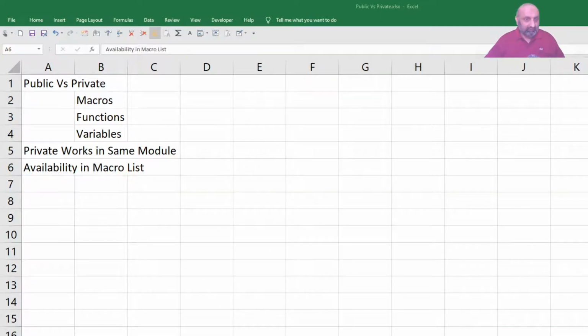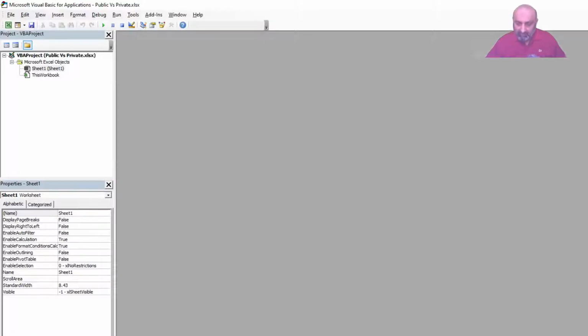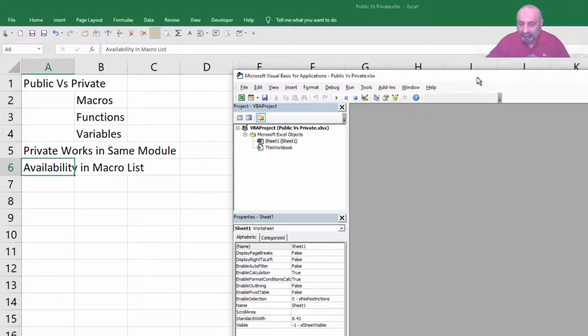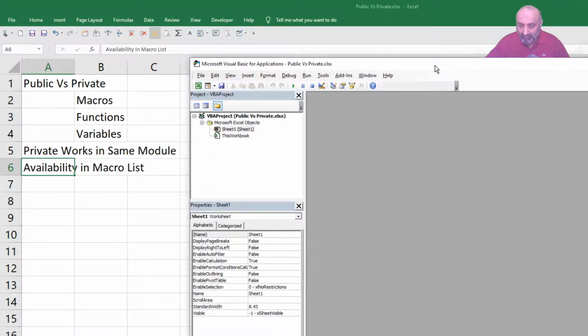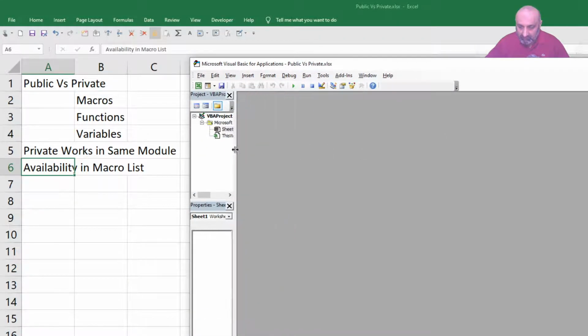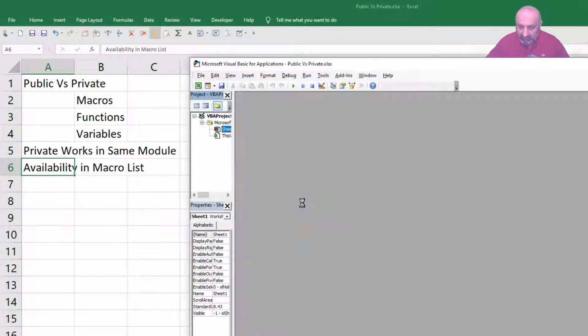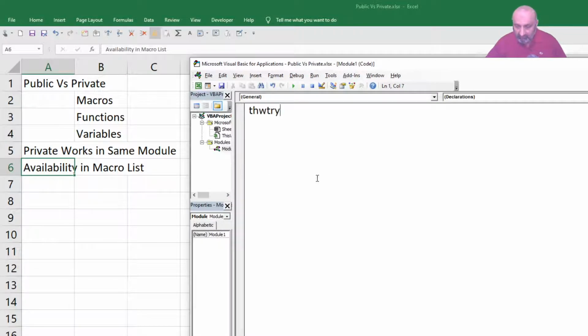All right, here is the Excel. Let me get the Visual Basic editor also. Here it is. So we have our Visual Basic editor. Let me show you both windows at one time. Yeah, we can just have a module. And what is the font size?